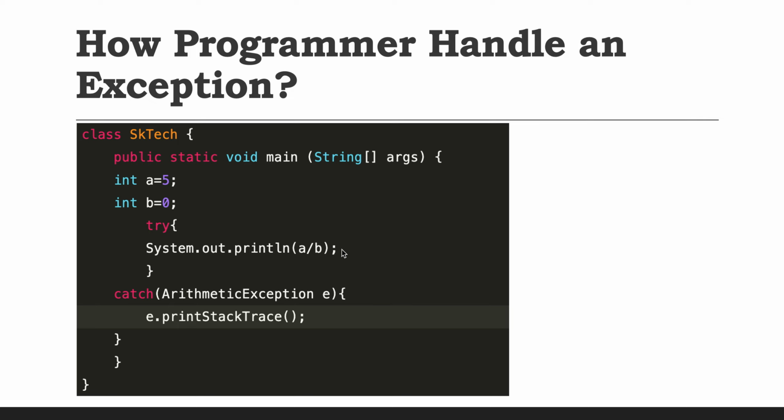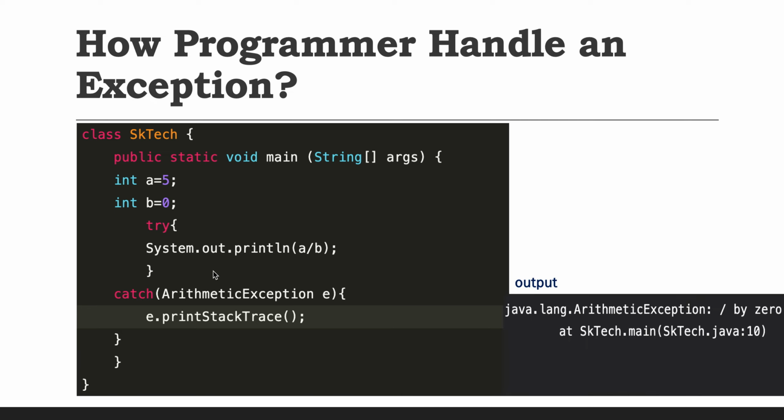All those statements which might cause an exception we put inside the try block, and we write the catch block according to the type of exception it could throw. For example, in this case it might throw an arithmetic exception. So based on experience we write the catch block, provide the class name ArithmeticException and then an object of this class, and inside the catch block we handle the exception. Say, what do we want to do if the exception occurs? For example, we have just written e.printStackTrace(). It means it is going to print the stack trace that caused this exception.